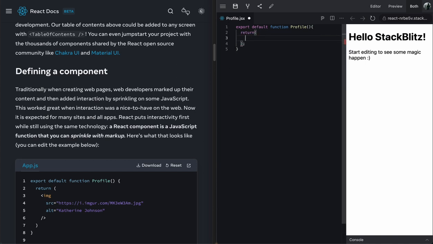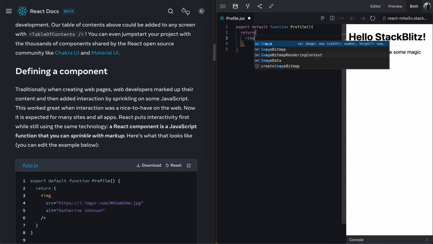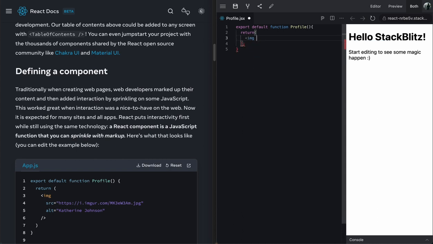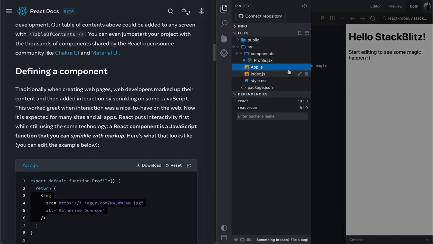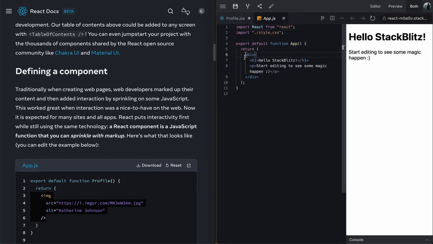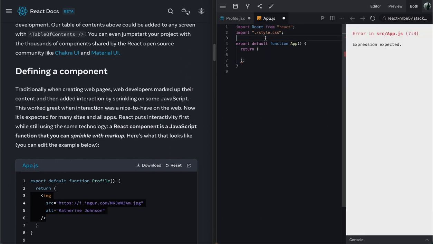Inside the return, there will be curly braces. Inside that, I'll return an img tag. The src, I'll just copy this image and source. Perfect. Now, once again, moving back to app.js, inside this div, or not div, I'll just